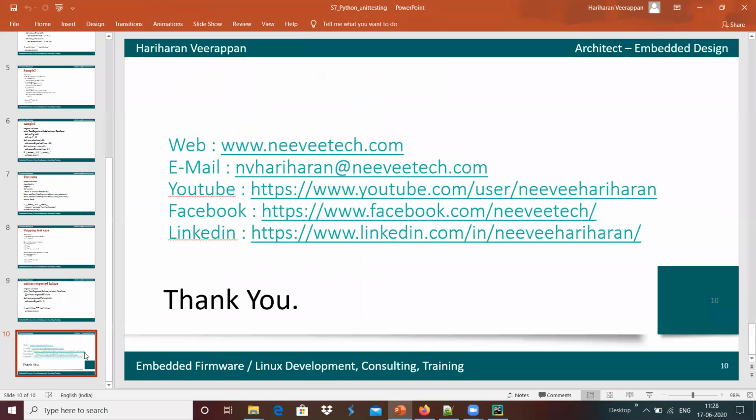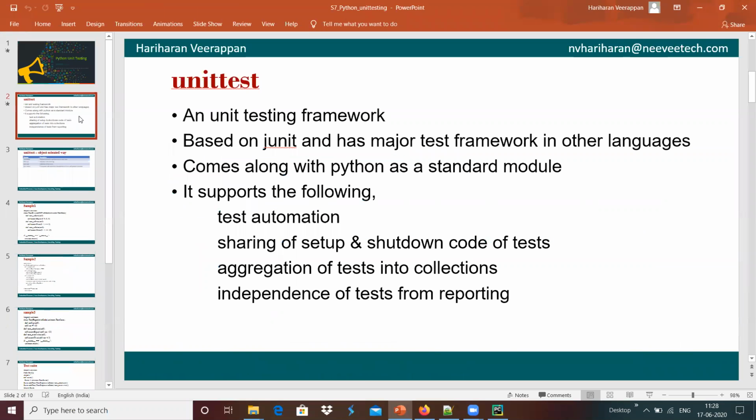This provides complete information about how we can get started with unit testing of a Python module with the help of the module named unittest. Basically, unittest is a unit testing framework, and it supports test automation.